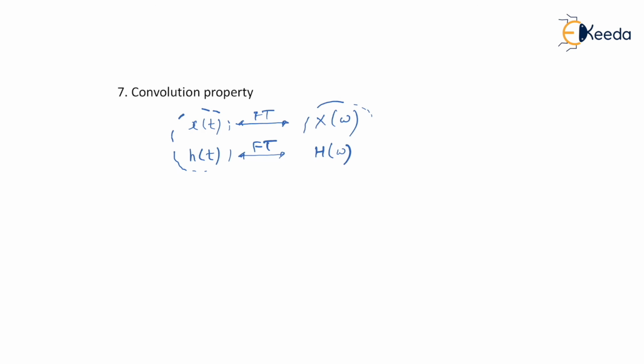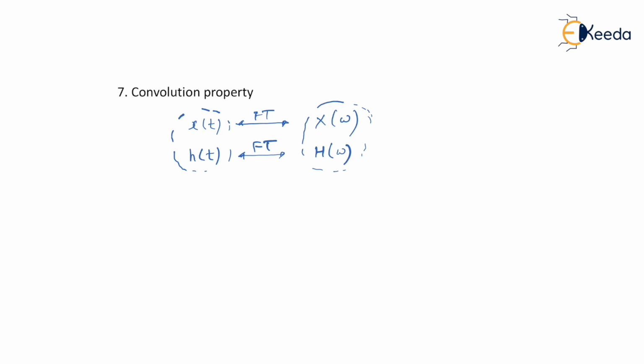This is what we call the convolution property. Let's see how it works. Let's say signal x of t has Fourier transform X of omega, and let's say h of t is another signal, popularly known as the impulse response, which in the frequency domain will have response H of omega. Please don't forget, we generally use small letters in the time domain and capital letters in the frequency domain so as to differentiate.